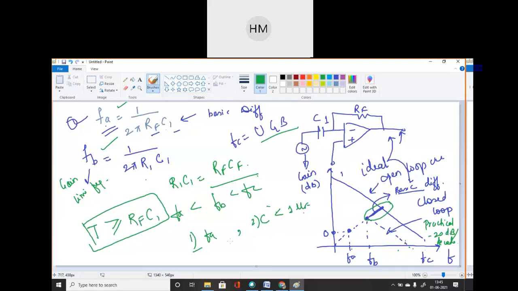Now what I will do, I will calculate RF by using the first formula. FA is given to me in the question. C I know, I have assumed the value of C. Is it clear, students? Then the only unknown parameter is this RF. So I will find out RF. So this is my third step to calculate RF. Fourth step you can write, choose, because FA is given to you. I want to find FB, the limiting condition after which my differentiation will start.